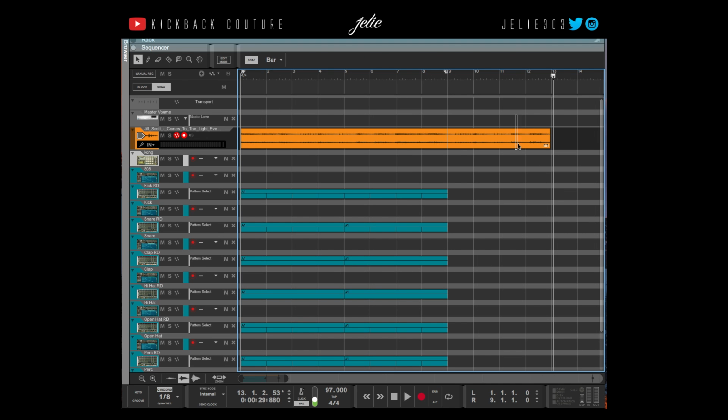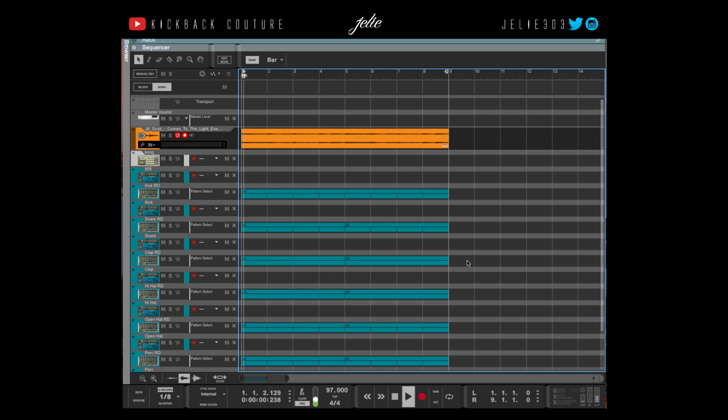So the next thing I would do is stretch this. So I'm holding down Option or Alt, same thing, on a Mac, and I'm going to drag this to match my loop. And now I'm going to play it. It's still loading over here, so you want to make sure that it's done loading. As you can hear, it's fast. So let's say I'd rather have it slower. What I'm going to do is just